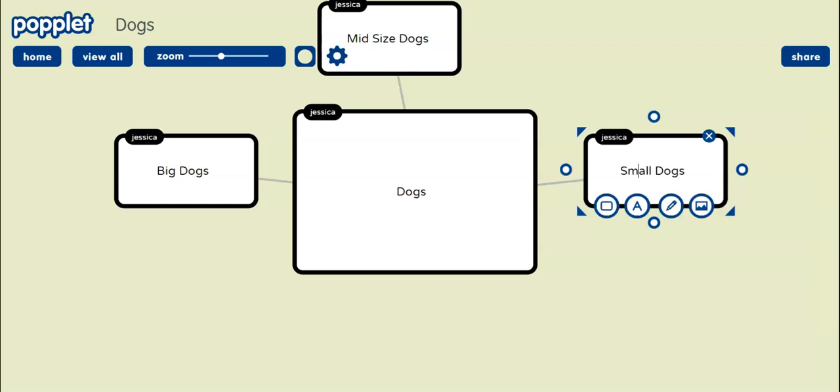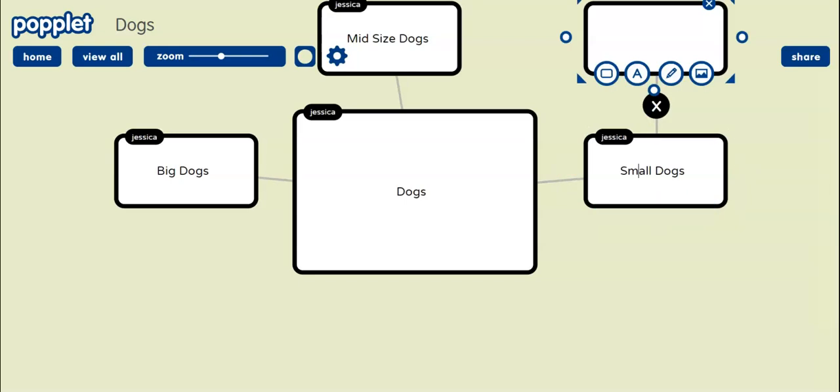So as you can see, this is kind of like that mind map where you have your main idea, and then you branch off of that, and you form thoughts and concepts around that, and you make groupings of your information. So if we were to move forward from here, and we're not going to go too far in depth with this, we would click here, and then we would add maybe a small dog